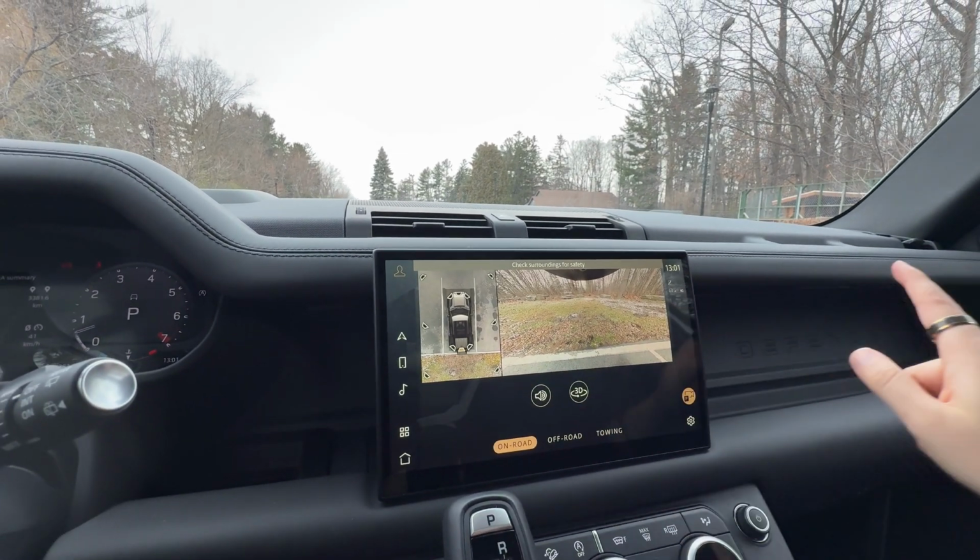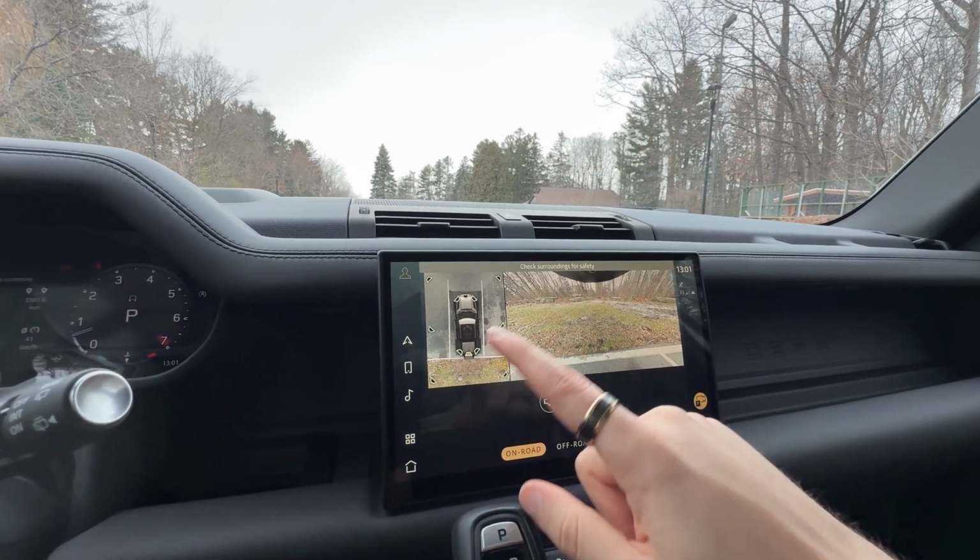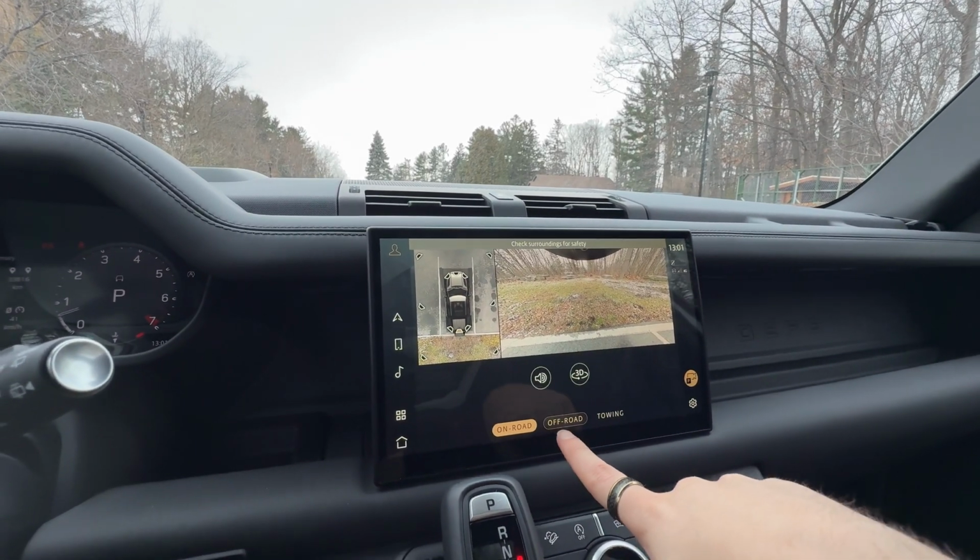Really good though is the 360-degree camera. You can see kind of under the car. It's a little bit see-through when you do that. You can have the off-road